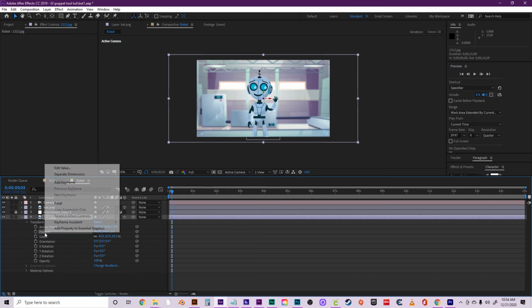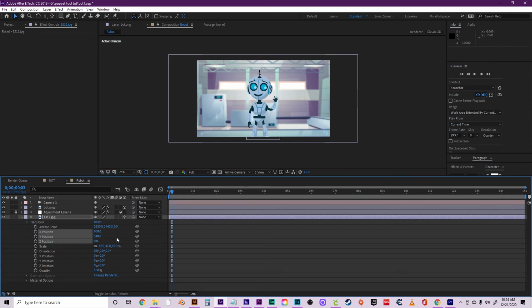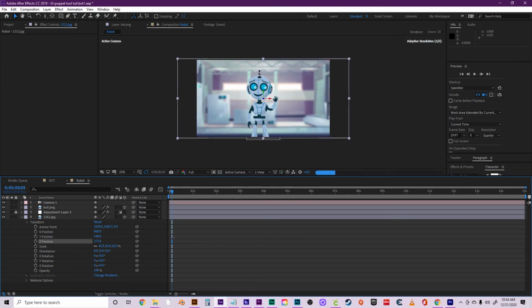Now let's twirl down on the background, go to transform, and let's see. On the position here, if you right click, you can separate dimensions. What this will do is it'll enable you to independently control each one and keyframe also. It's a good habit to just separate those. But it'll let you control in Z space